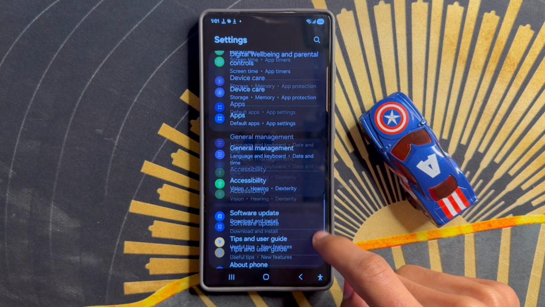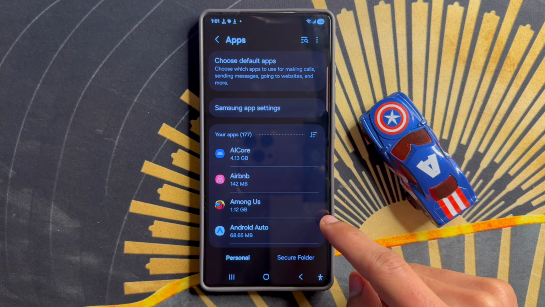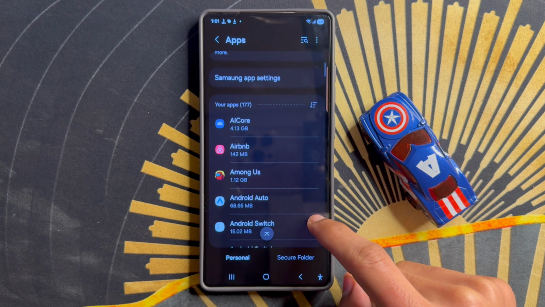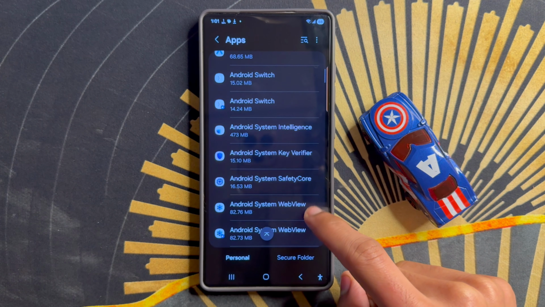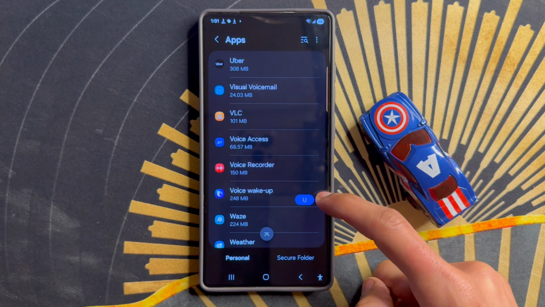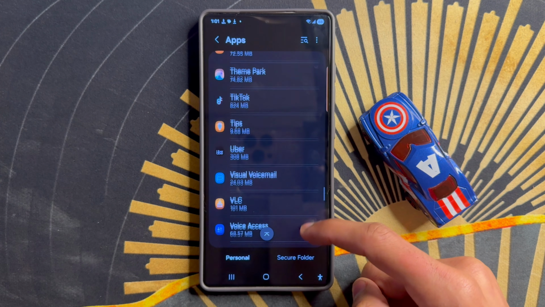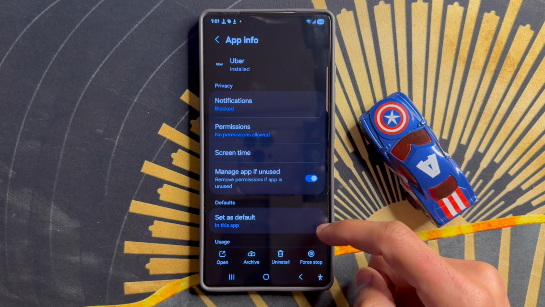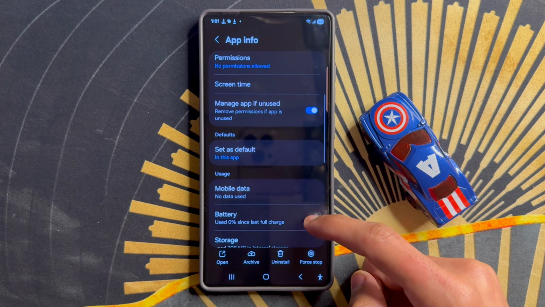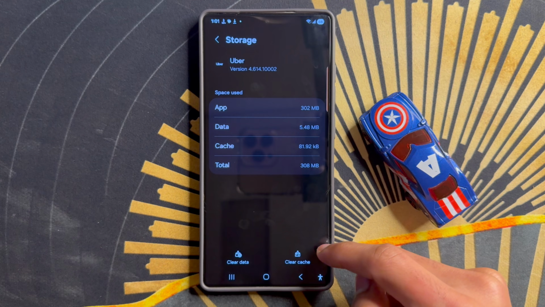scroll down and click on apps. After click on apps, search Uber app from here. Uber app is here. If you want to fix Uber app not working problem, click on storage and click on